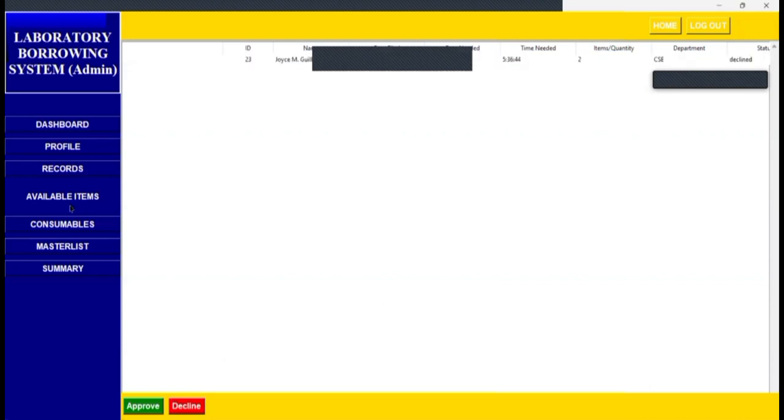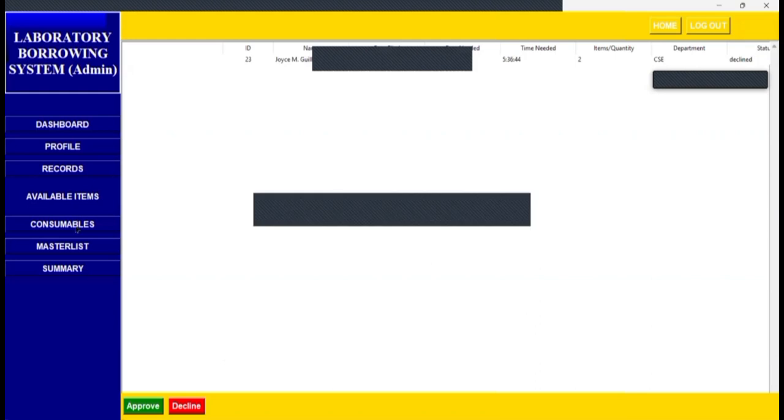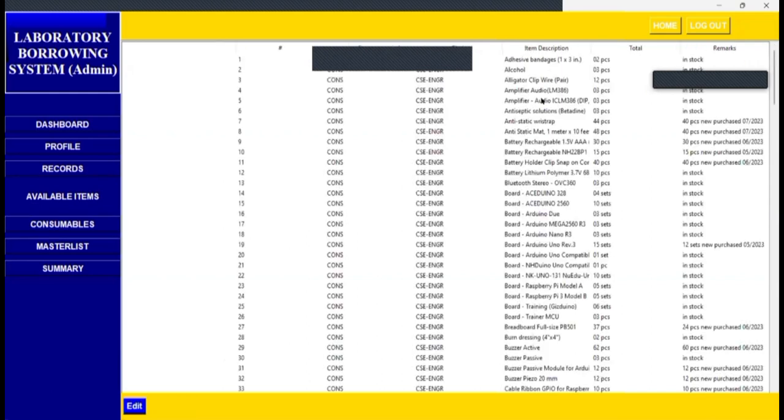Then next is the available items, where consumables, the list of consumables, and I can edit it to change if the item, tool, or equipment is not available or broken.